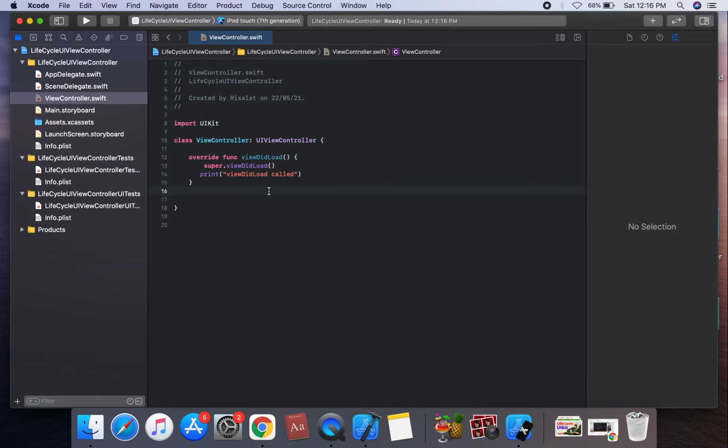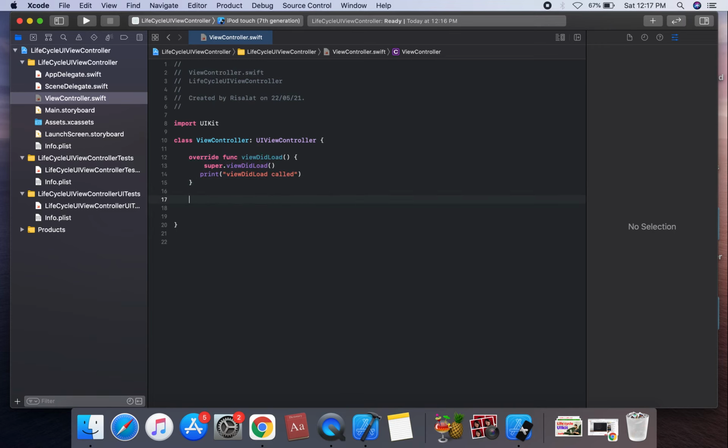This is code after the view is loaded into memory, and it is commonly thought of as the first method that will be called. So viewDidLoad is called only once, after the loadView method.